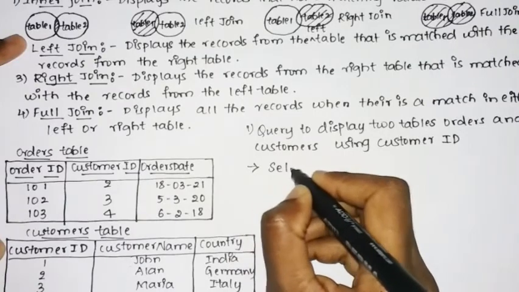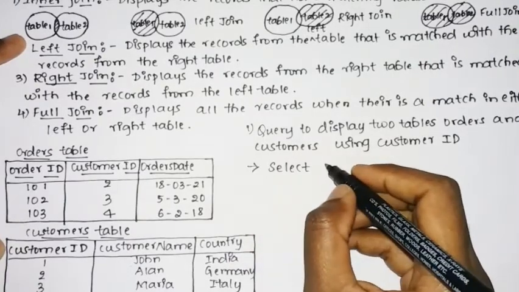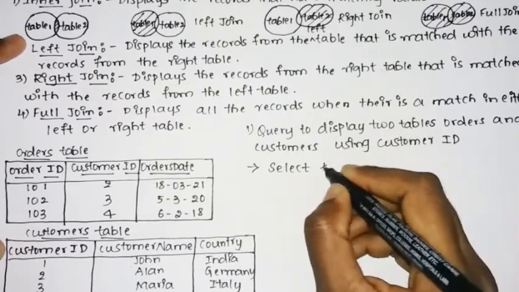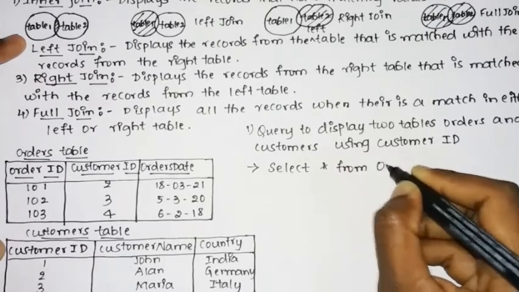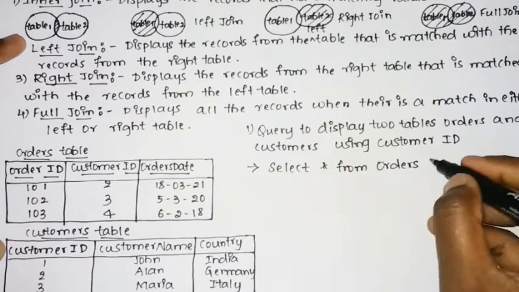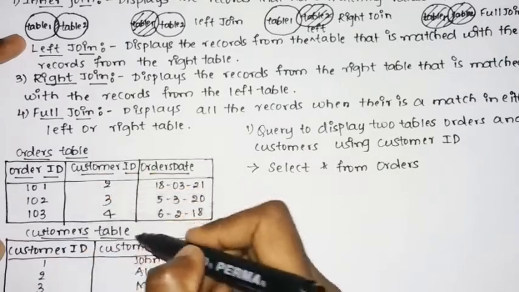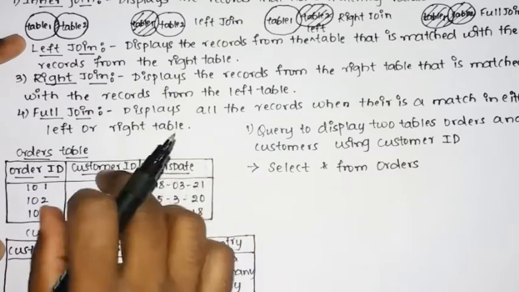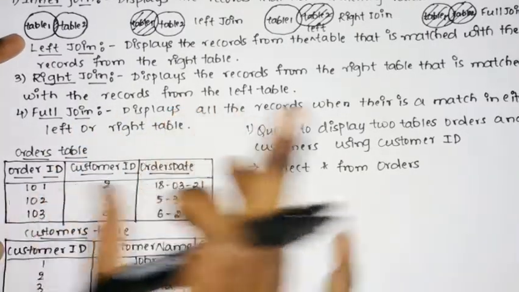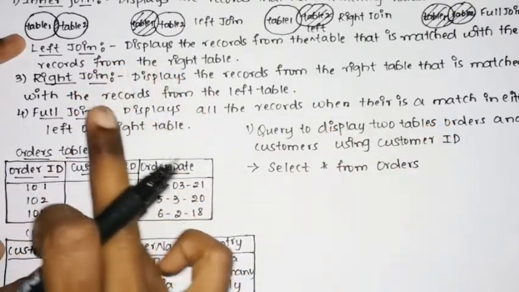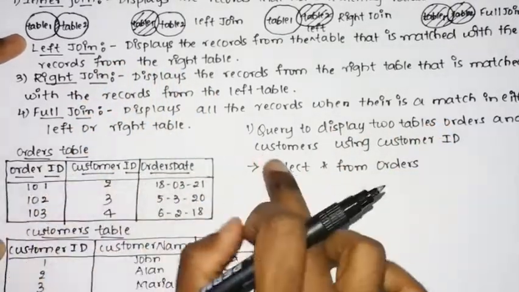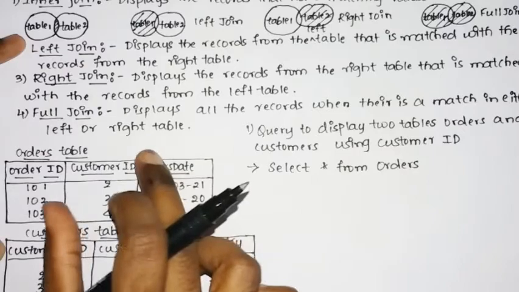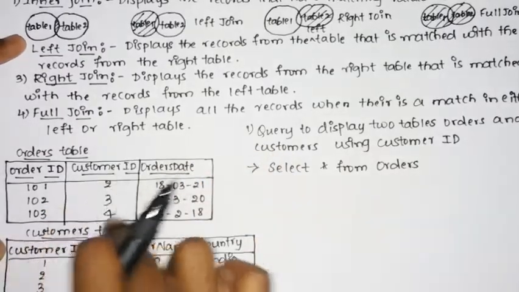So we shall write a select clause. Select, and then you need to display the 2 tables, meaning the entire table. So select star from orders. Then you can see here we have customer ID and here also we have customer ID, and we need to display only one column. We have 2 tables, table 1 and table 2, and with the help of the orders table and the customer table we need to display the customer ID column, that is the common column between the 2 tables. So you can see we need to display this.